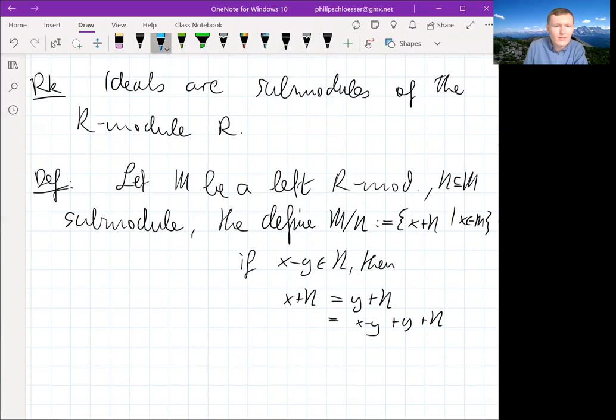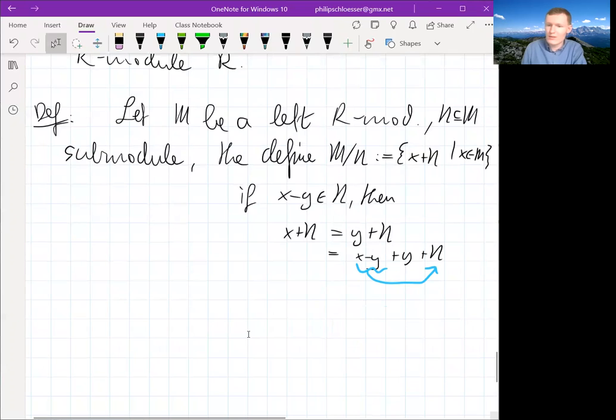And so M modulo N is called the quotient